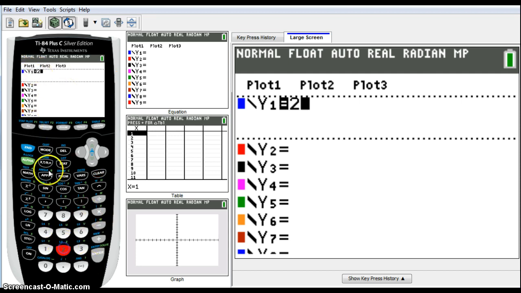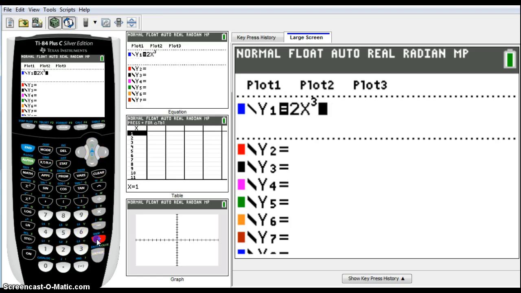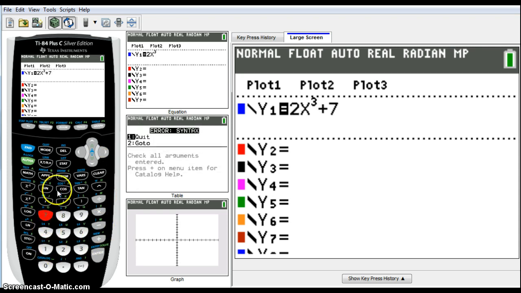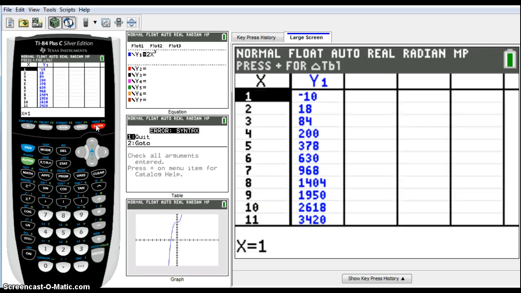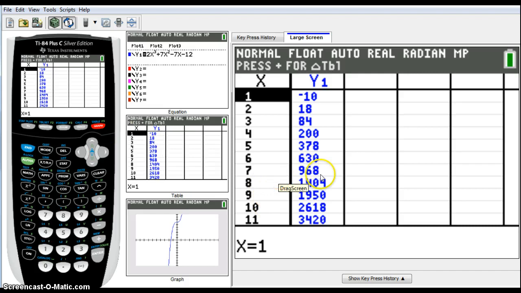So we're going to type in 2, then x, then to the third, then make sure to arrow over so it gets out of that exponent, plus 7x squared, and then arrow over, and then minus 7x minus 12. Okay, so again, you can either hit the graph button and look for it, or you can hit the second and hit the graph for the table. And then you can scroll